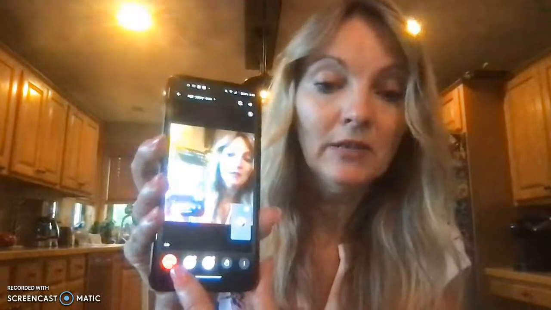So we have the leave call button. We have the video button. And we have the microphone for mute and unmute. We have the hand. And then the rest of the options are under the more options icon, or the snowman icon. And if I click that,